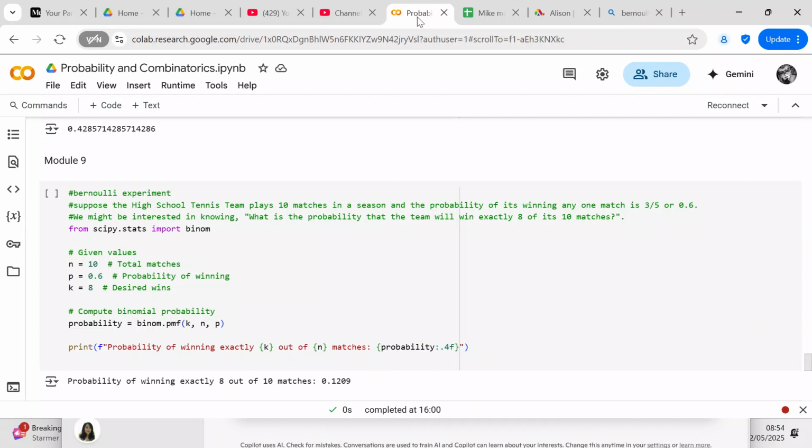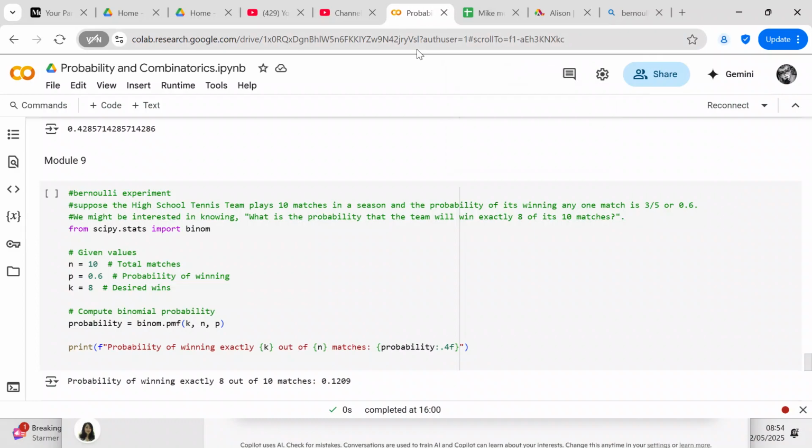So the first question is, suppose the high school tennis team plays 10 matches in a season and the probability of its winning any one match is 3/5 or 0.6, that's 60%. We might be interested in knowing what is the probability that the team will win exactly 8 of its matches. So